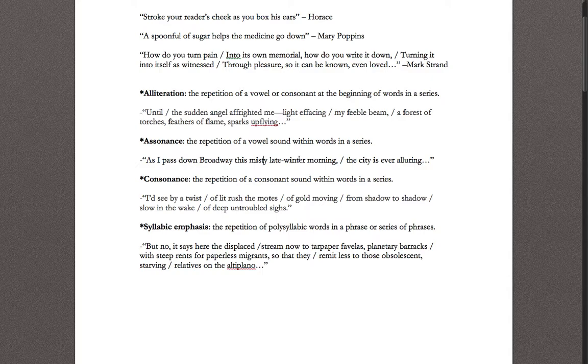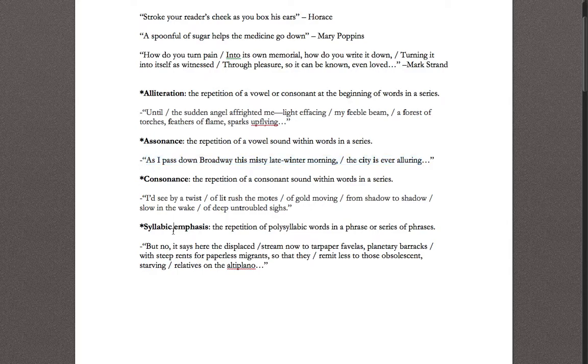And the point of this is to see that these sound devices happen together, that you can have both assonance and consonance happening together. Each individual reader will respond differently. Maybe I will read this description and I'll hear the I more than anything. Maybe one of you reads it and you hear the T more than anything. That is just natural. As we pay more and more attention to the language of the writing, we'll see all of it happening at once.